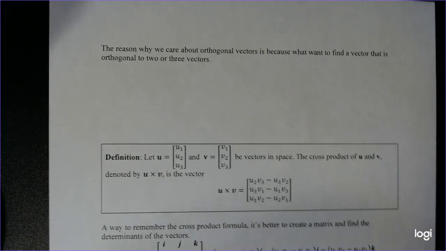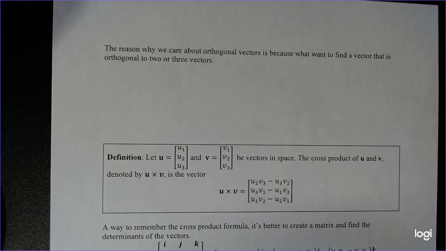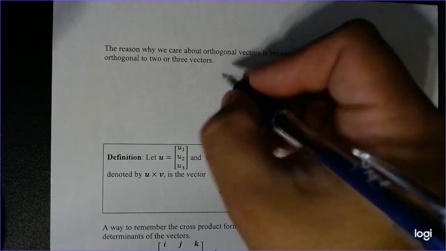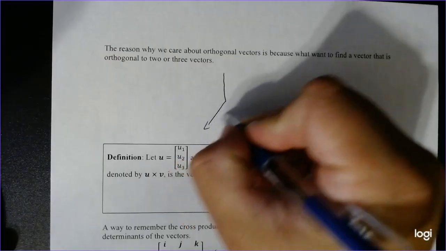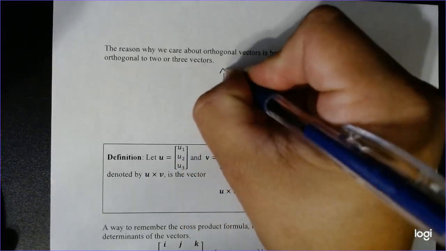So the reason why we really care about this is because, if we want to find a vector that's orthogonal to the other, or maybe a vector that's orthogonal to two other vectors, we can actually do that. Because we're always going to be dealing with 3 dimensions or a little higher dimensions because we learn algebra,